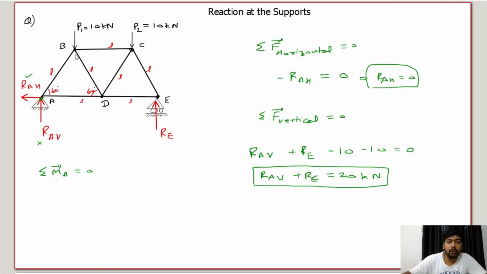So जो भी लोड पड़ रहा है वो कहाँ पड़ रहा होगा? यहाँ पड़ रहा होगा, और this length, वो लेंथ कैसी हो जाएगी? ये लेंथ हो जाएगी L by 2,